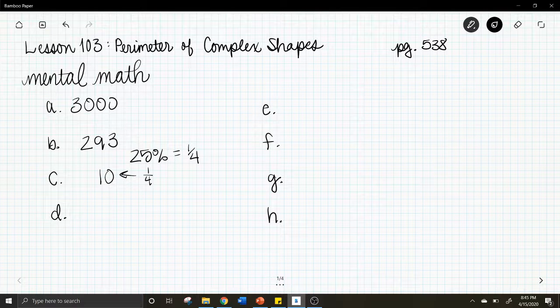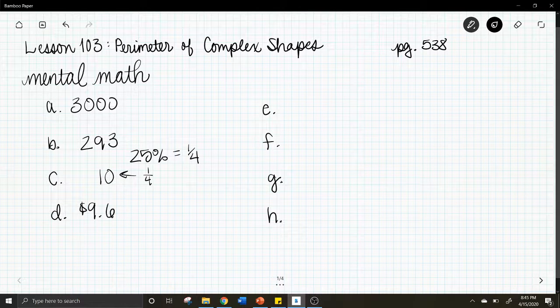Letter D, $5.65 plus $3.99. What is $5.65 plus $3.99? And that is $9.64. Letter E, 87.5, or 87 and 5/10, divided by 100. So 87.5 divided by 100. And the answer is